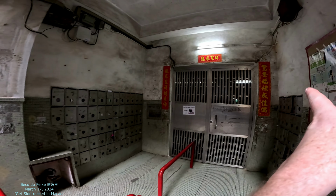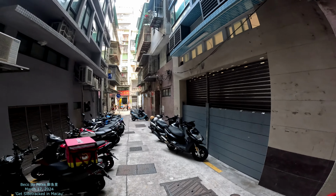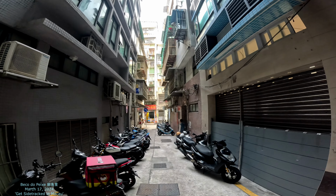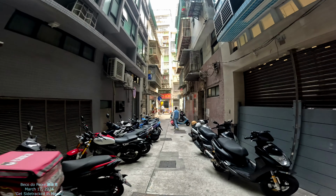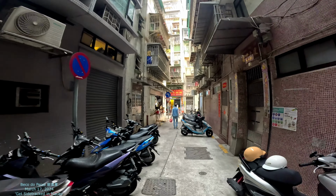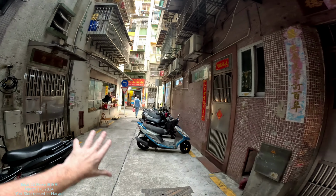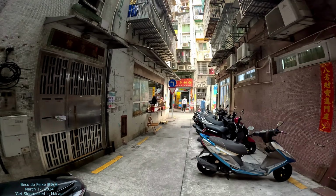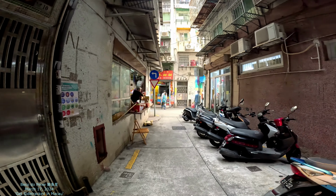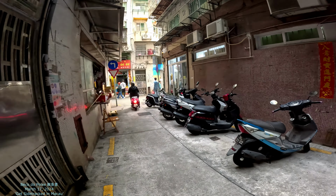Looks like here's an apartment, so you would navigate into there. So now we're going to capture it this direction here. So imagine you live in Beco du Peixe, fish lane it would be called. So if you lived where that gentleman lived and you came out here, you would have a little market store. Let me go across this way. That guy came out of,